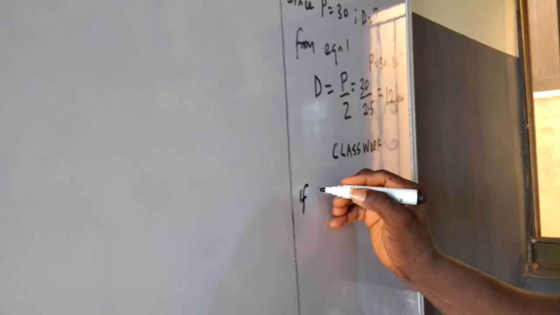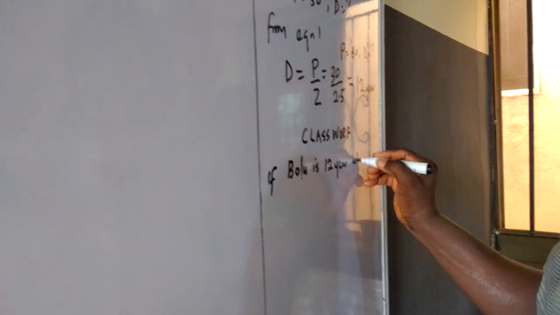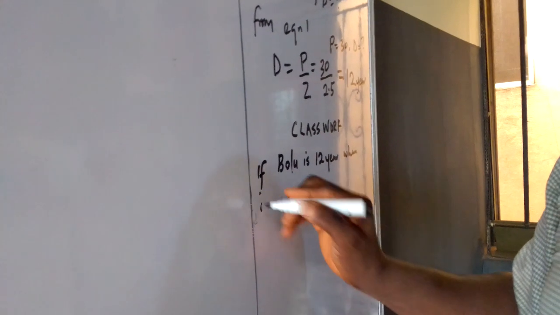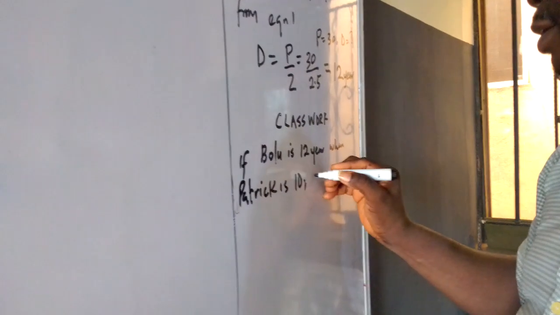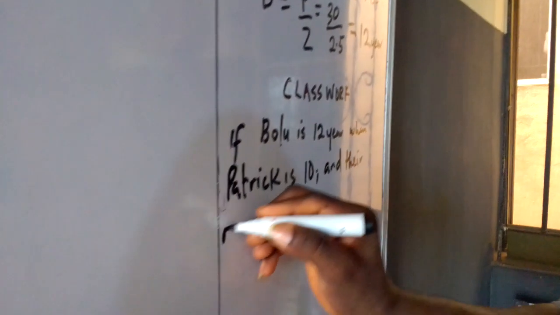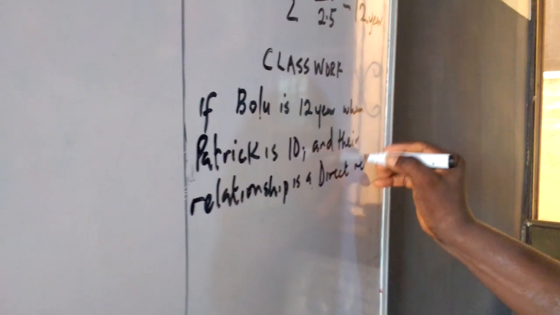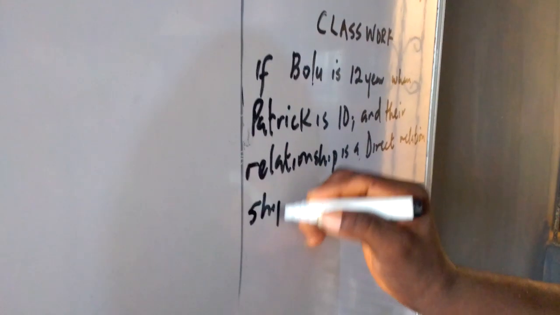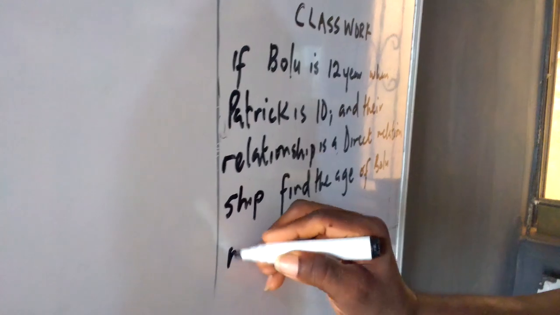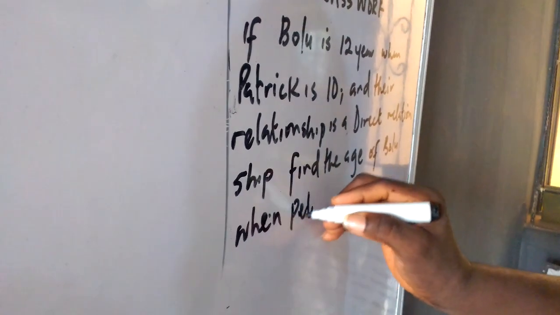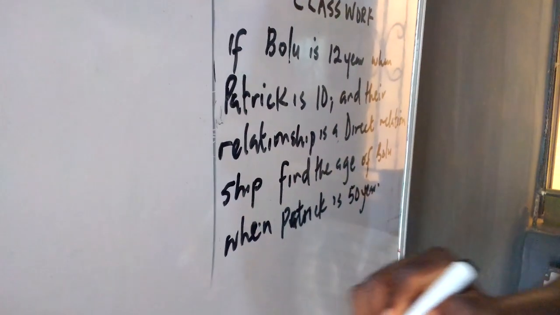If Bolu is 12 years when Patrick is 10, and their relationship is a direct relationship, find the age of Bolu when Patrick is 50 years. Meet you at the next slide when we shall be treating